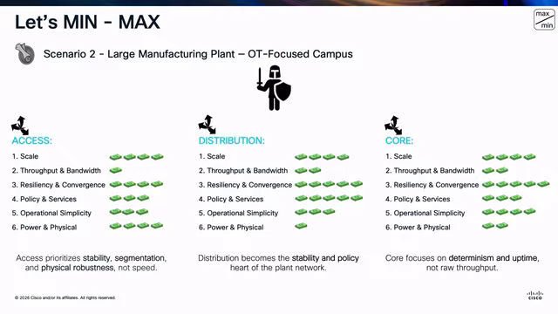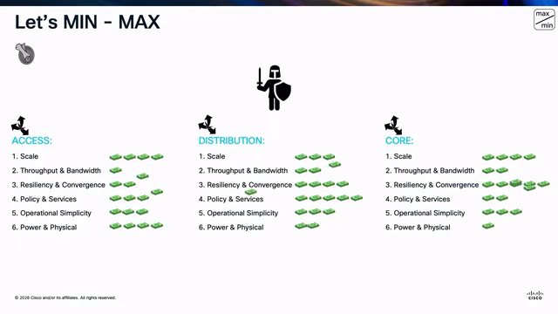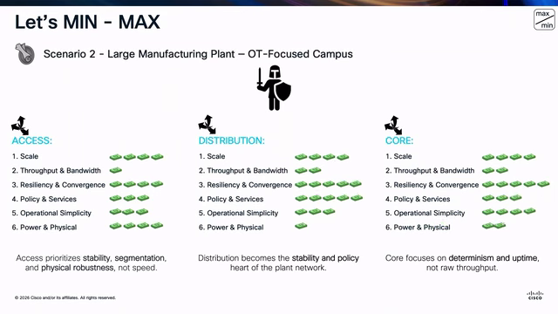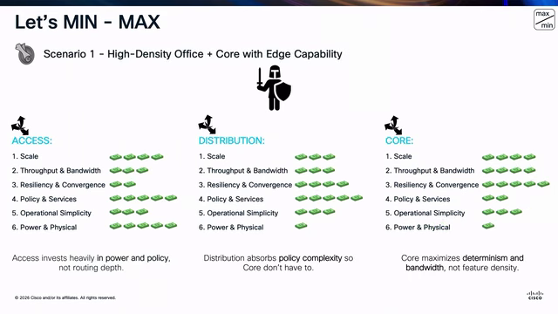The same core focuses on determinism and uptime. So whenever failure occurs, we need to run some very efficient routing protocol that will route around the problem. So this is just a comparison back and forth of how it looks between the high density office